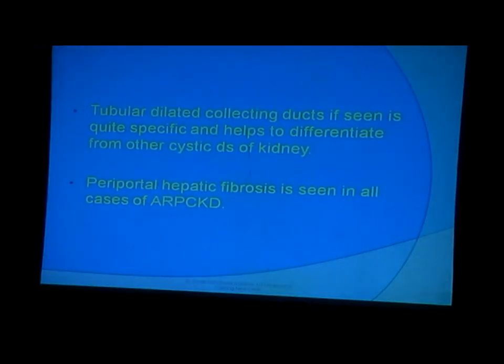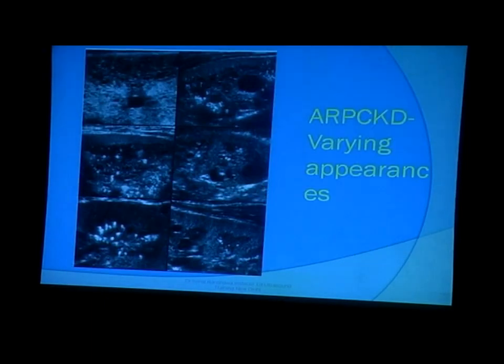This is what it says, that if you see that the cystic areas look more tubular, then you can be more sure of infantile polycystic rather than thinking of other cystic disease. Because in other cystic disease, the cysts will be round. Here there will be tubular appearances because actually those cysts are dilated collecting ducts. This is obviously an associated finding, periportal hepatic fibrosis.